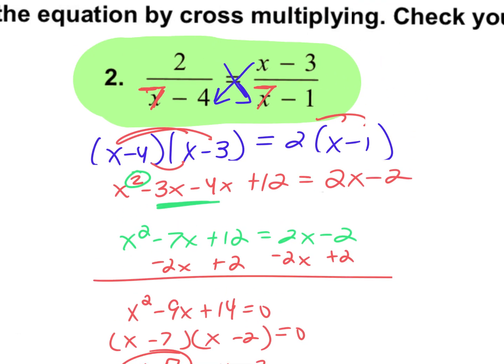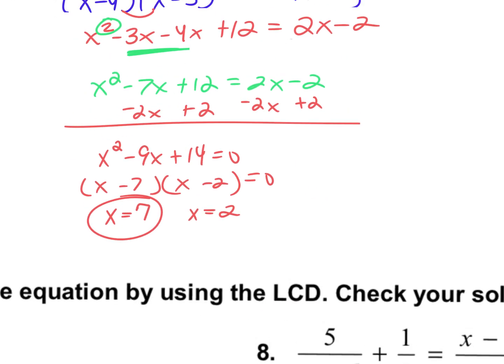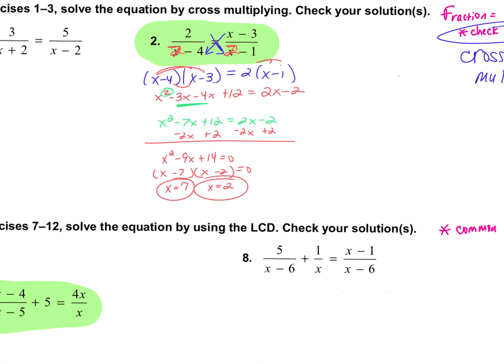What about 2? 2 here and a 2 here. Does my denominator become 0? No. So we're good. Is that always the case? Is it always the case that both answers work? No. There could be a time when one of them doesn't work. Can there be a time when neither of them work? Yes, that's called no solution. So,